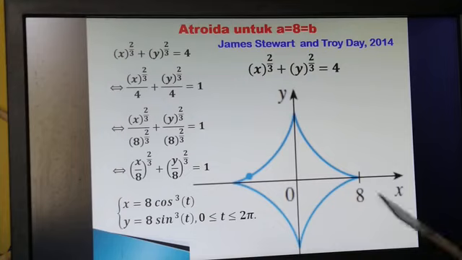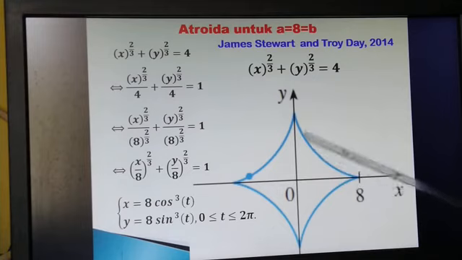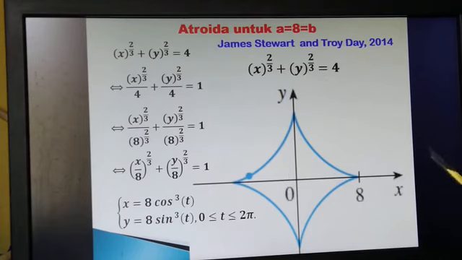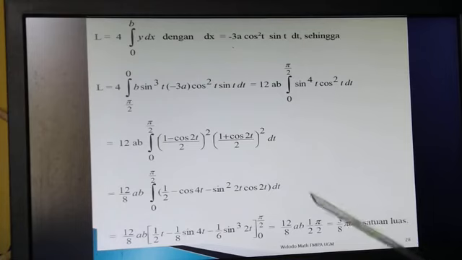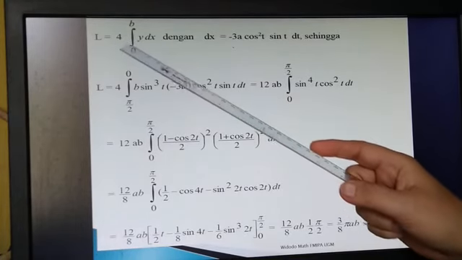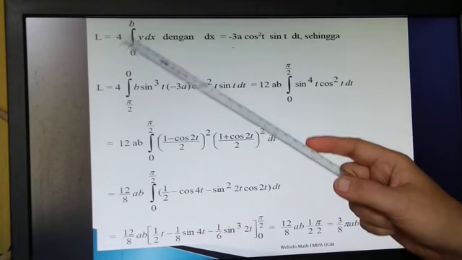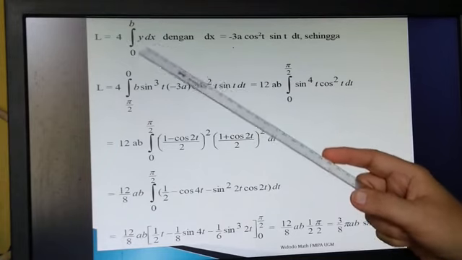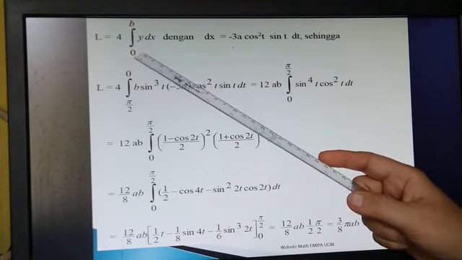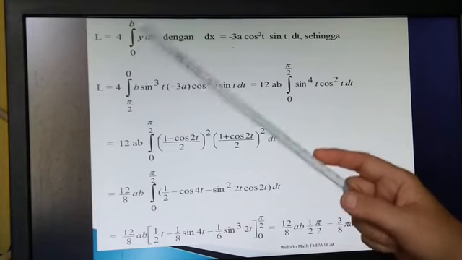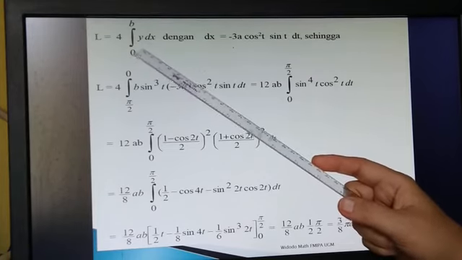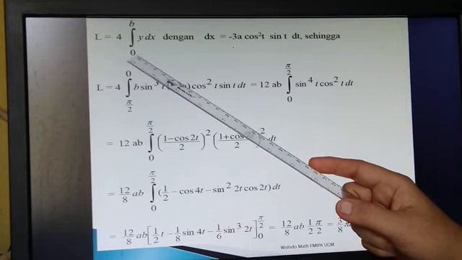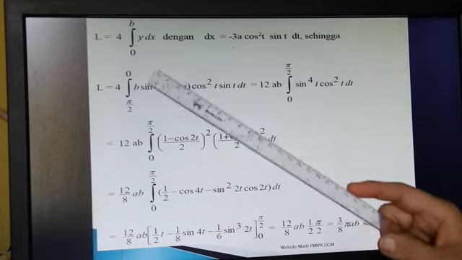How to calculate that? We can calculate using only the first quadrant, and then multiply the result by 4: 1, 2, 3, 4, from the first, second, third, and fourth quadrant. We will see the calculation. The calculation becomes 4 times the area of the asteroid in the first quadrant, where the area in the first quadrant is equal to the integral from 0 to b of y dx.